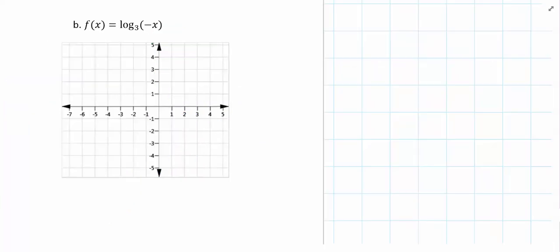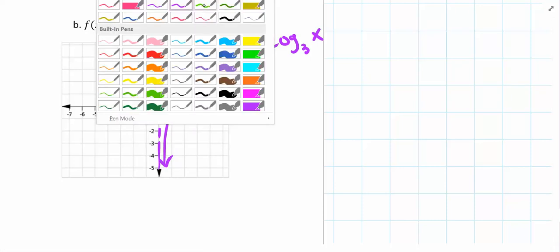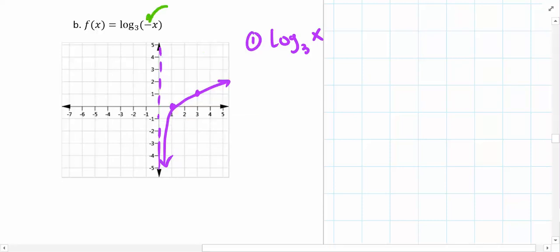Okay, for part B rather, the first thing you would do is you would graph log base 3 of x again. So I'd have (1, 0), (3, 1). I would have my vertical asymptote here at x equals 0, and I'd be good to go like that. Then recognize the fact that the negative is on the inside of my function. So the second thing I would do is graph log base 3 of negative x, and you have to know